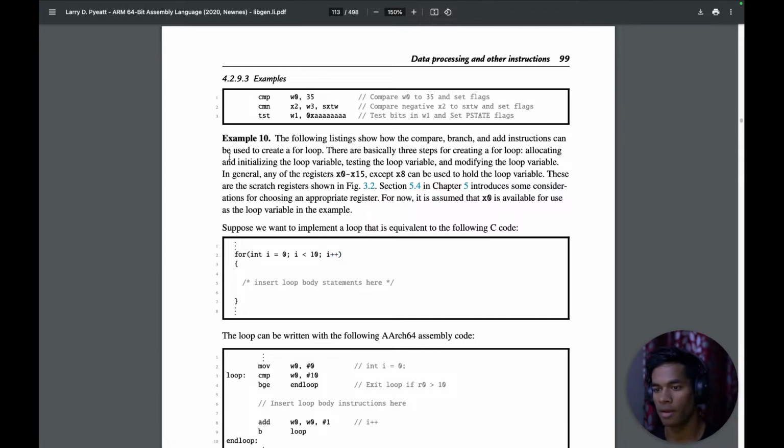every time. Now, there are basically three steps for creating a for loop: allocating and initializing the loop variable, testing the loop variable, and modifying the loop variable. In general, any of the registers from 0 to 15 except 8 can be used to hold the loop variable. These are the scratch registers shown in Figure 3.2. Section 5.4 in Chapter 5 will introduce some considerations for choosing an appropriate register. For now, it is assumed that x0 is available for use as the loop variable in the